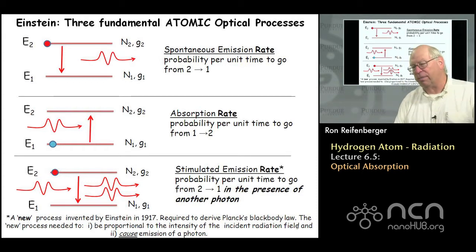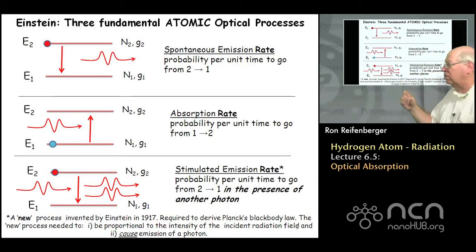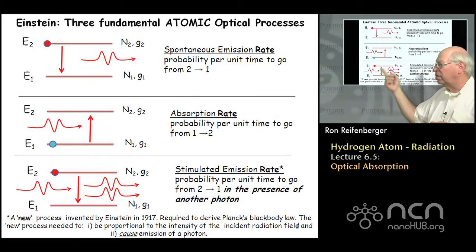And the way the stimulated emission process goes, it says that if you have an electron in energy level E2 and another photon comes by, and if that photon interacts with that electron, it can stimulate or induce this electron to go from this energy level down to this energy level,